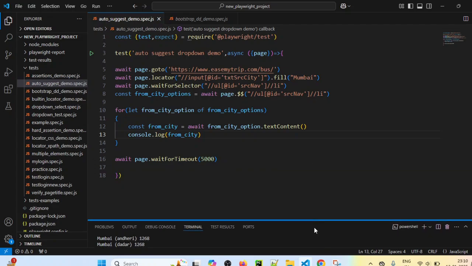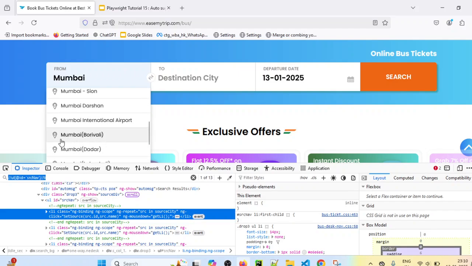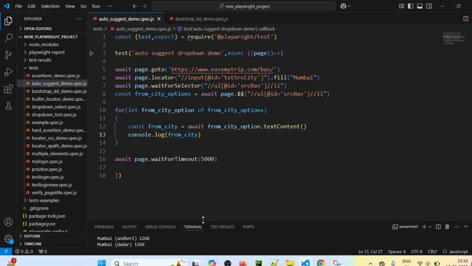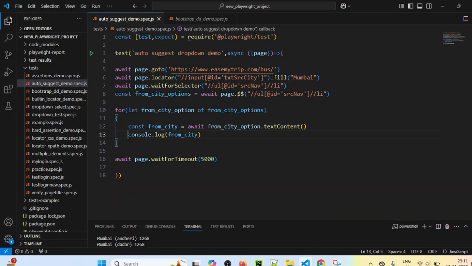Now what we will do, we have to select one value from that. Which value we want to select? We want to select Mumbai Borivali value. I want to select this value. So for that we can use an if condition. So I'm just copying this. Let's copy this value. And now instead of printing all these values, I will simply comment